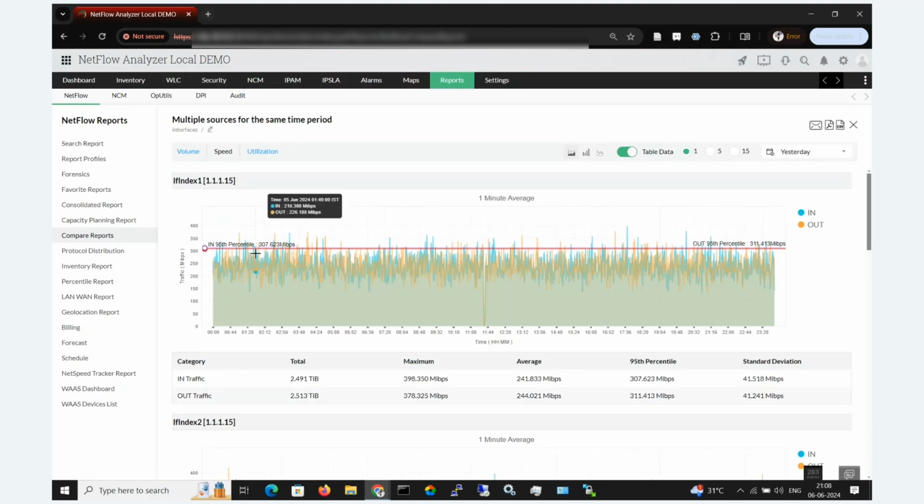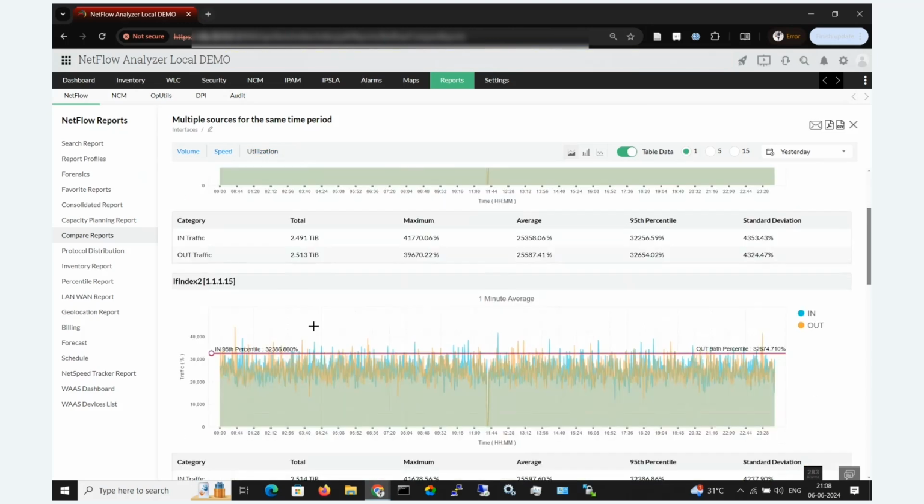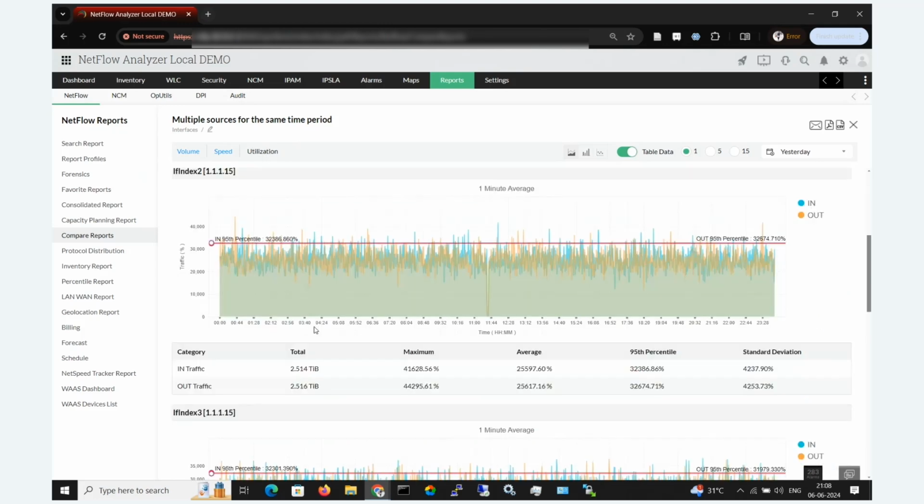So as you can see, the compare report here for multiple sources for the same time period based on volume, speed, and utilization. You can see the different interfaces